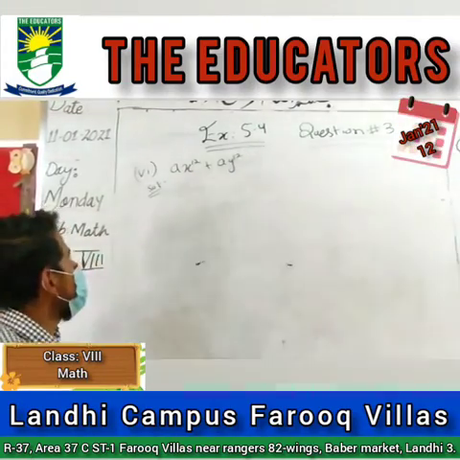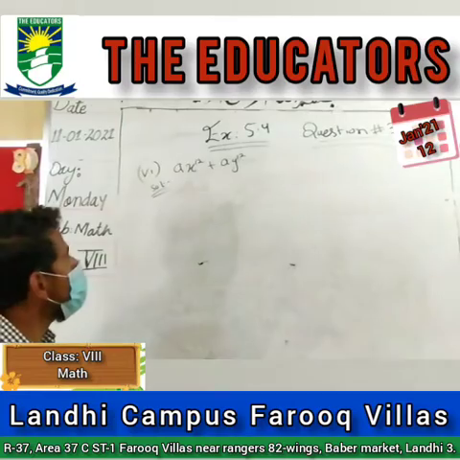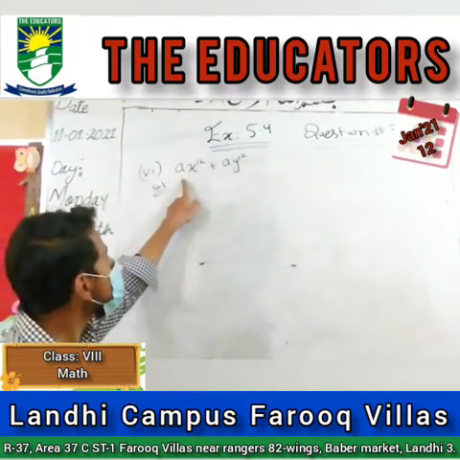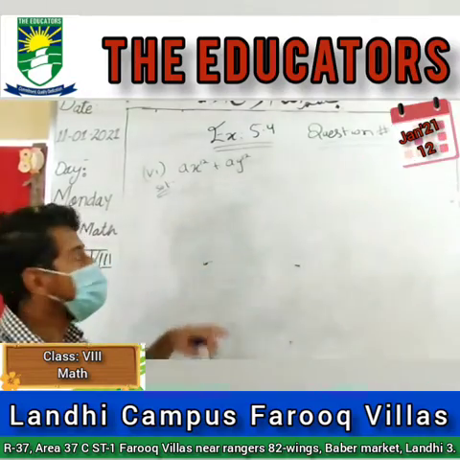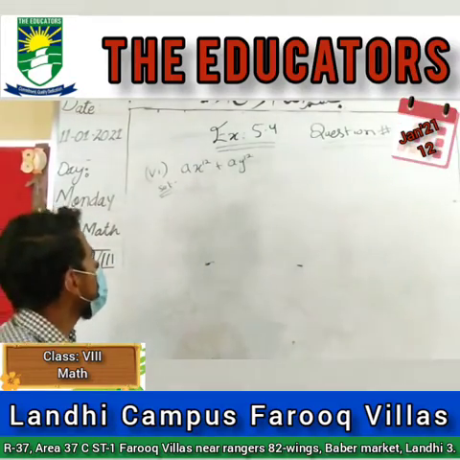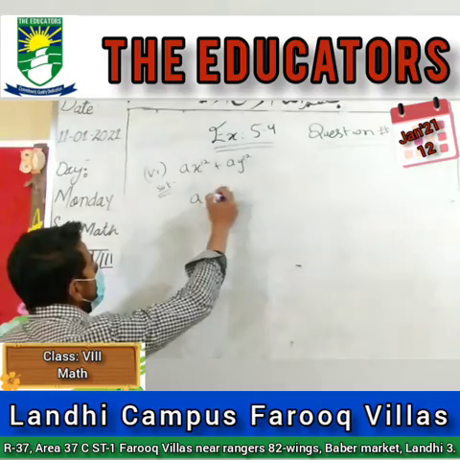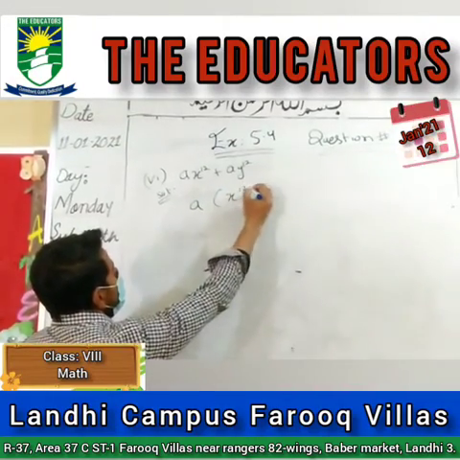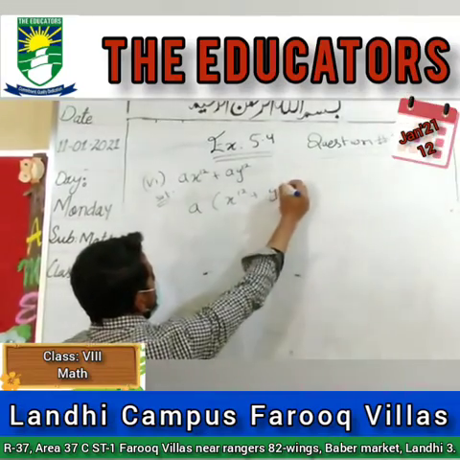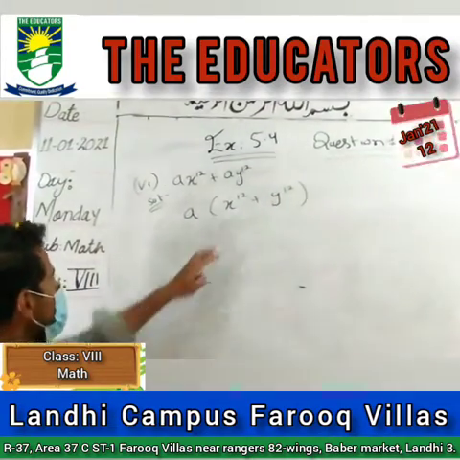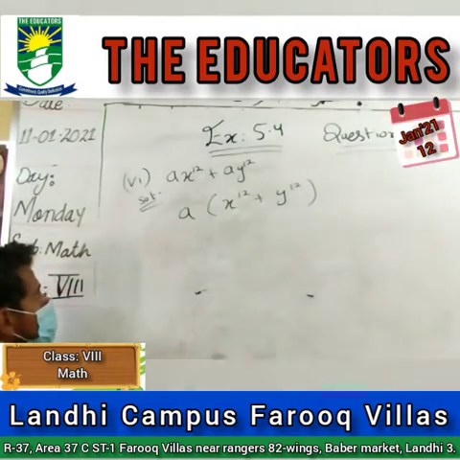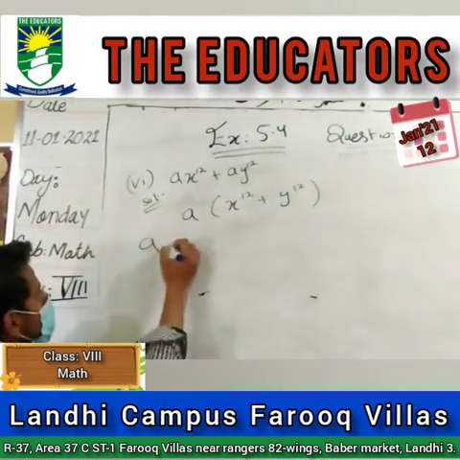Okay, but before proceeding to apply the formula, you may notice one thing: that a is repeating in this term and in this term as well. So we will take a common out from these 2 terms. A is now taken out from these 2 terms. Now you may write these terms in the form of cubes, instead of writing in the form of squares. So that will be